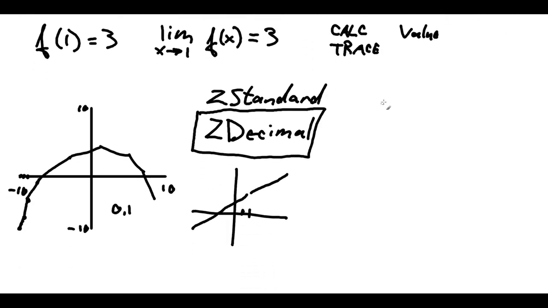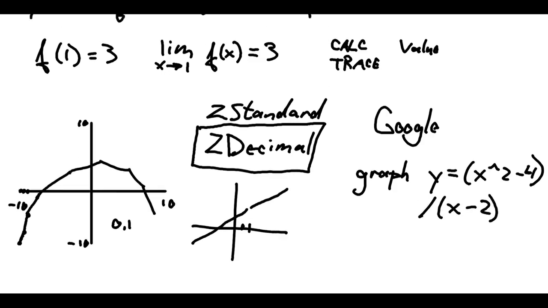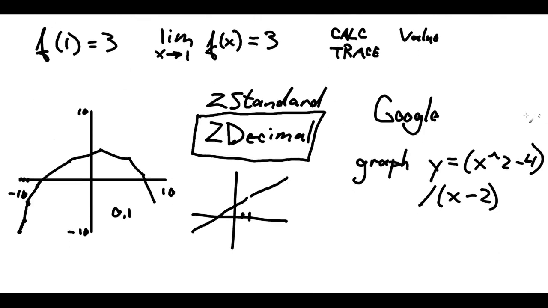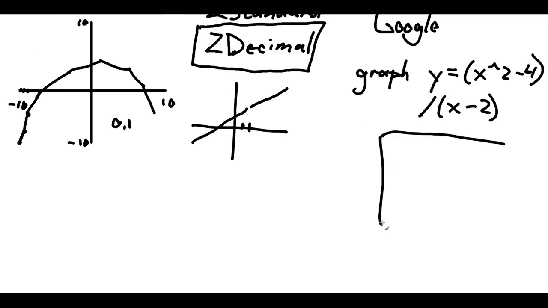I don't know if you've done this, but if you go to Google, for instance, and you just type into the search box the word graph followed by a space and y equals and some definition. So in this case, it would be like x caret 2 minus 4 in parentheses, divided by x, so minus 2. Yeah. And you hit enter or click the search button. Above some search results that aren't going to mean a whole lot, it will have a nice graph for you. Like it's going to have a little widget that